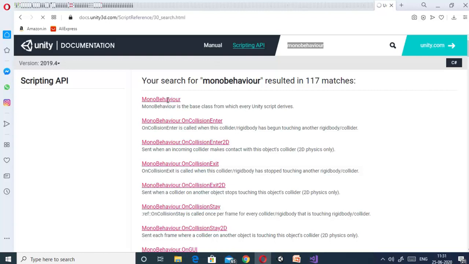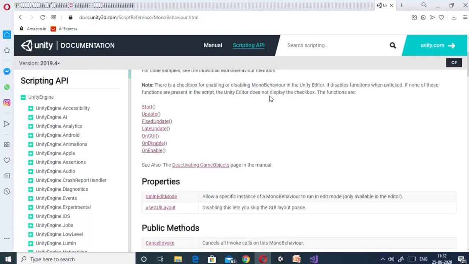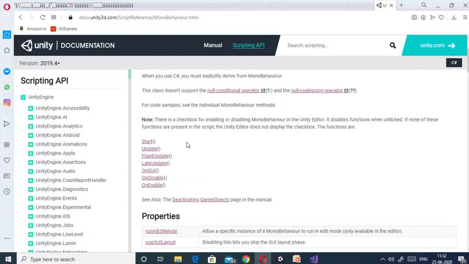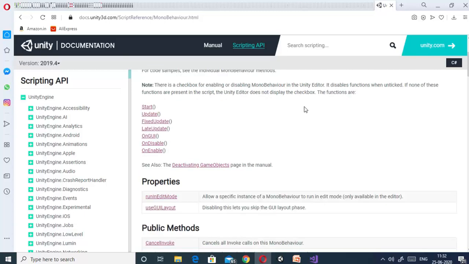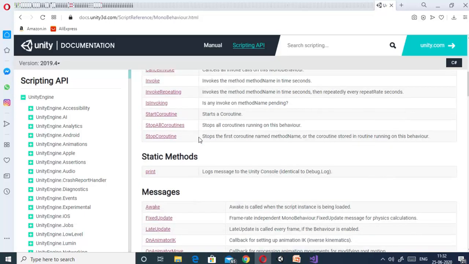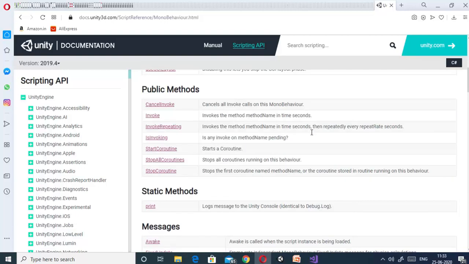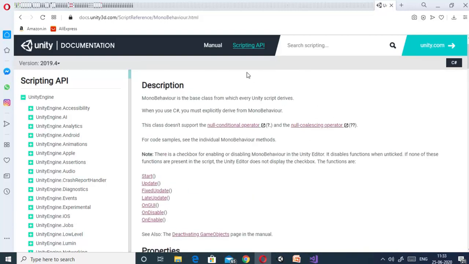Now you can see that this class is available, and all the methods available in MonoBehaviour are mentioned here, like Start, Update, FixedUpdate, LateUpdate, OnGUI. These are public methods and static methods. You can get more details from this scripting reference.